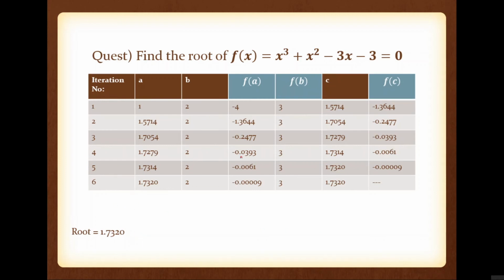This one is a tabular column we have. So by comparing the values of f of A and f of C, we are modifying. So here you can see that always f of A into f of C is positive, because both are negative. So I told you in the false position method, one important character is that one point is always pivoted, meaning one side is constant. In this particular case, B is constant. So you can check whether your solution is correct or not by using this property. So that is a big advantage of the false position method.